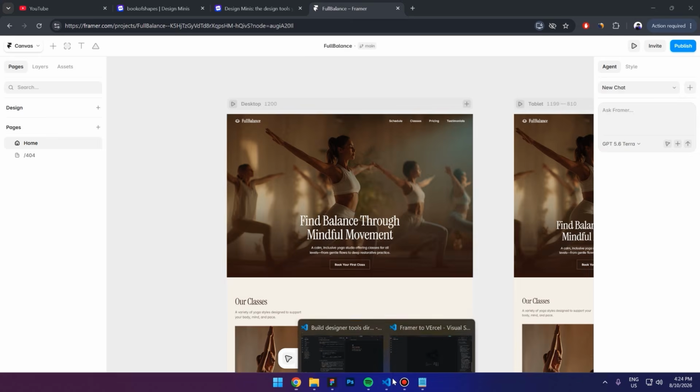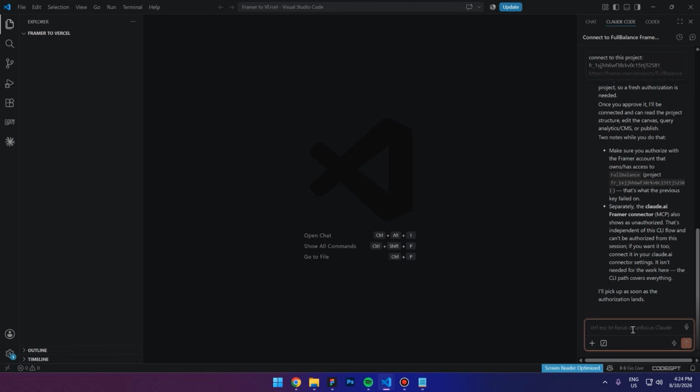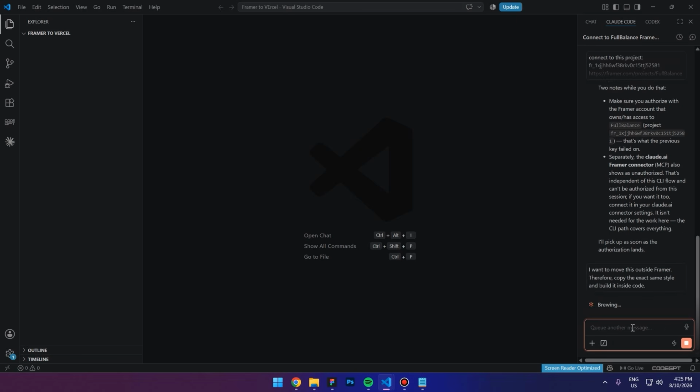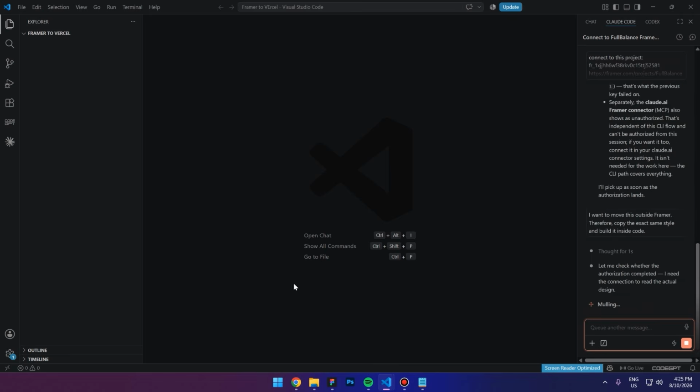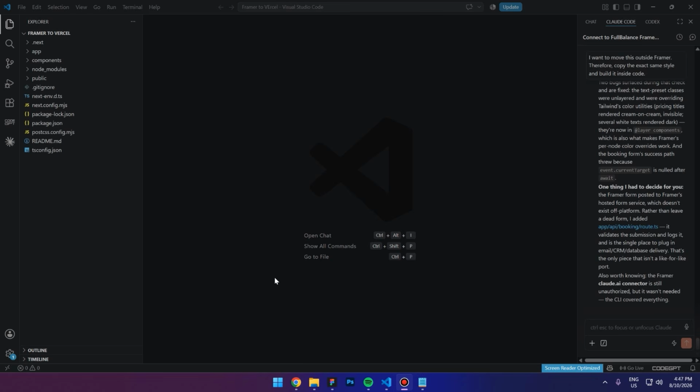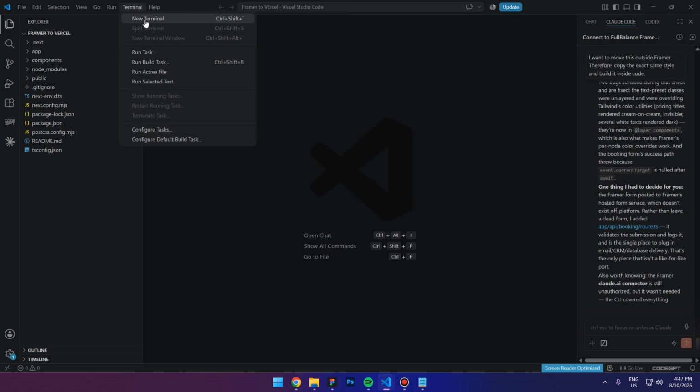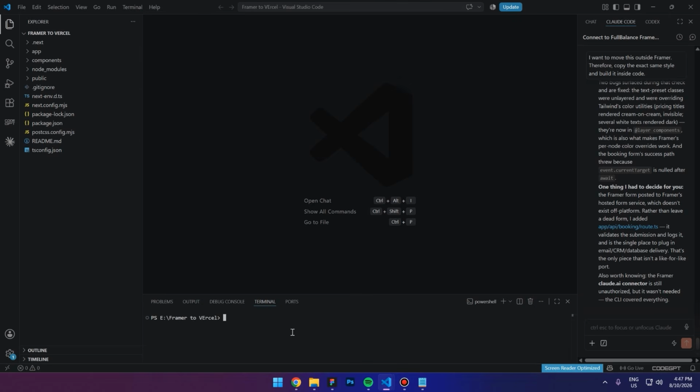So next what I'm gonna do, guys, let's go inside Claude Code and ask Claude, I want to move this outside Framer, therefore copy the exact same style and build it inside code. Now let's send it, and again let's wait for a few minutes. Okay, so it took quite some time to finish it, but it's finally done. So now let's open a terminal and type in npm run dev,